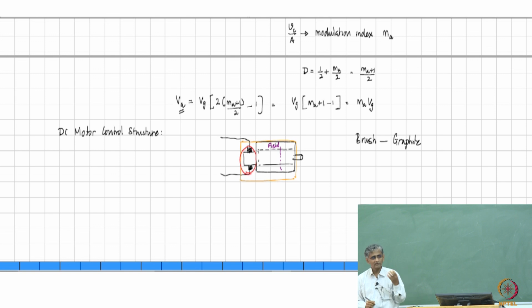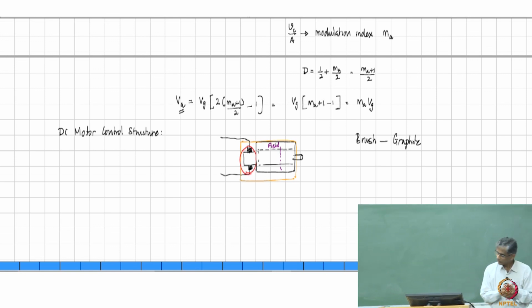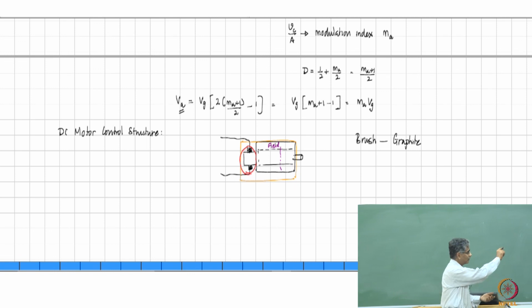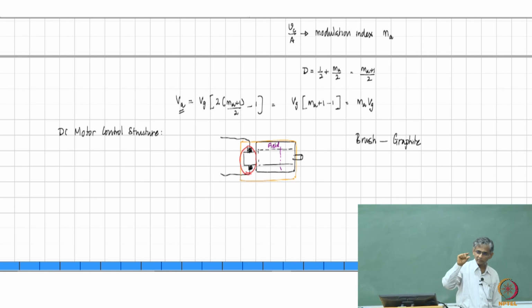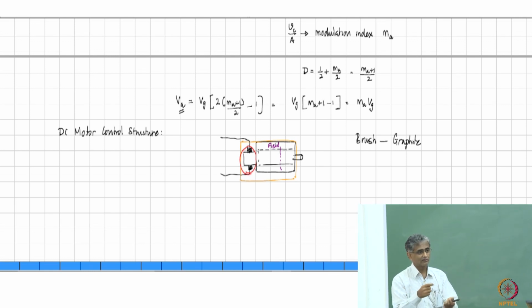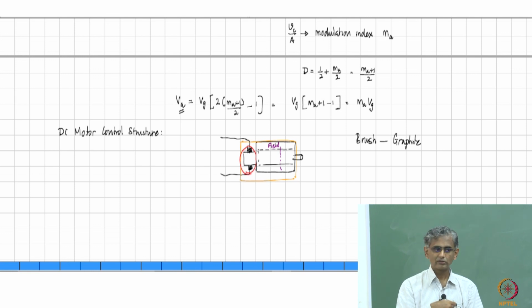But what is the difficulty with that? Graphite is a very soft material, and as you go on rotating the shaft, it will produce less friction nevertheless, but it will also erode the material away, right? So if you install the DC motor in the system, allow it to operate, and you had an initial length of this brush as this much, after about a month you will see that the brush is only that much, right? That is not a good system, because you will have to keep on opening the machine, replace the brush, right? So it's a nuisance.